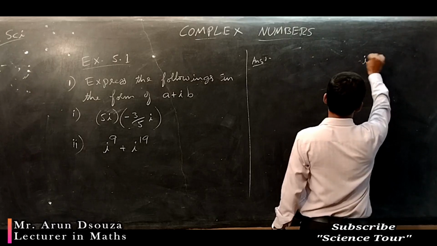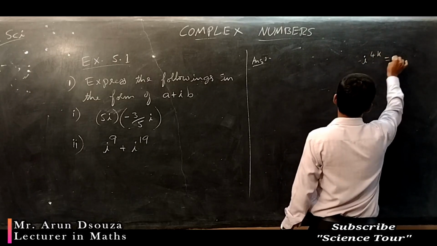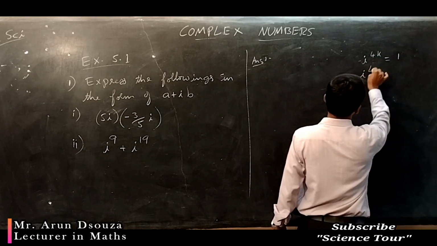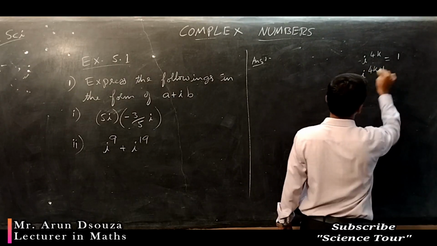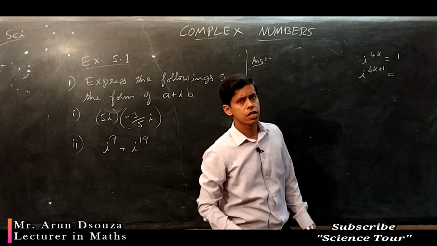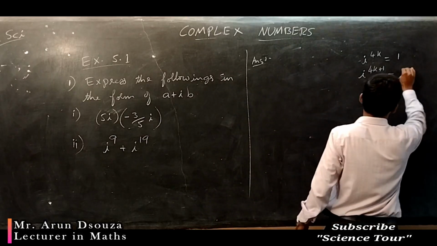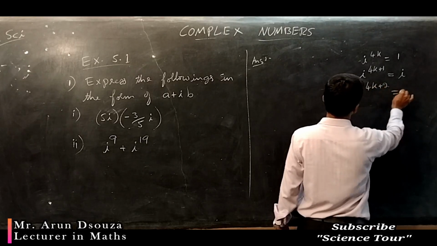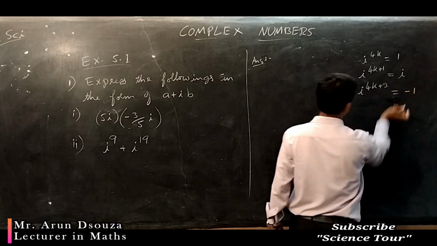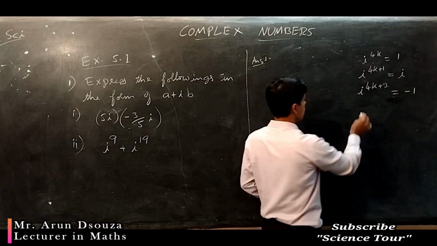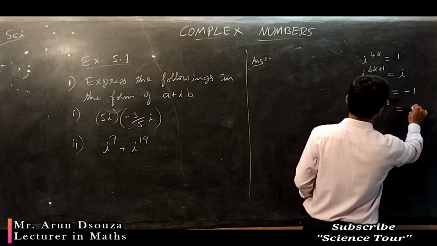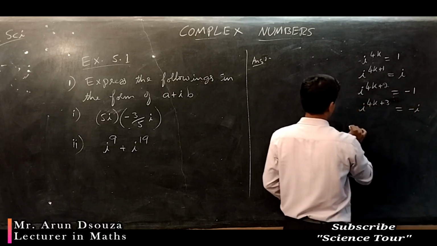The first formula being 4k is 1, then I raised to 4k plus 1, that is I, and then I raised to 4k plus 2, that is minus 1, and then I raised to 4k plus 3, that is minus I,